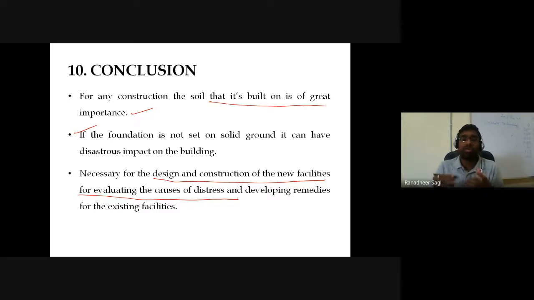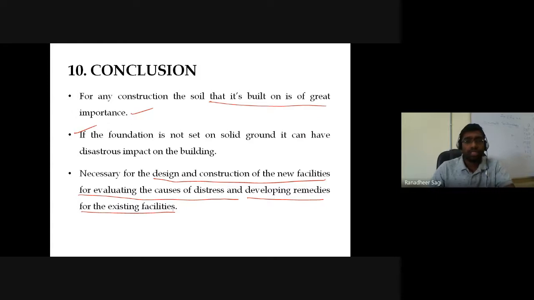What could be the possible reason? What are the reasons for the failures which took place in those existing structures? And for understanding what remedial measures can be taken up for existing structures which are expected to undergo failure, maybe because of the completion of the lifespan of the structure, or maybe because of various other failures which are getting initiated in that structure, and so on. All that can be understood once we have a clear understanding of the geotechnical investigation or the soil exploration of that particular site in which you are required to take up the construction.